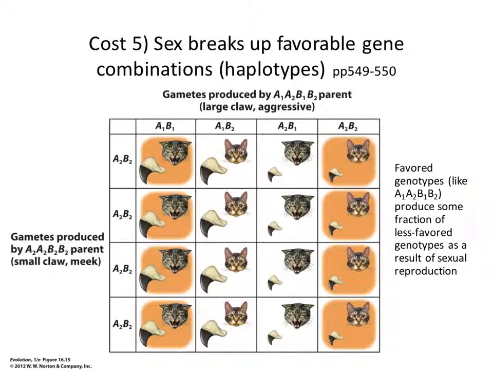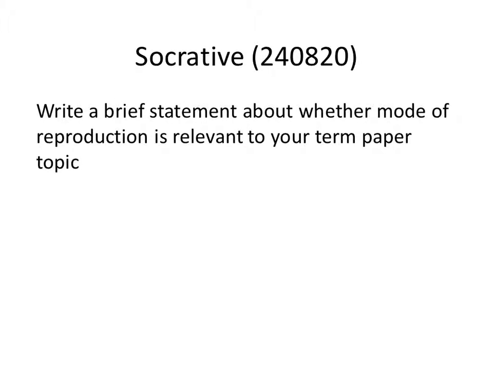It's not always necessary to have more genetic variation. Sometimes you have that perfect combination of genes that gives you the perfect combination of traits for your environment. And then sexual reproduction leads to producing a lot of offspring that don't have that optimal combination of genes because of recombination, meiosis, sexual reproduction. Okay, so that's a brief overview of the cost of sex.